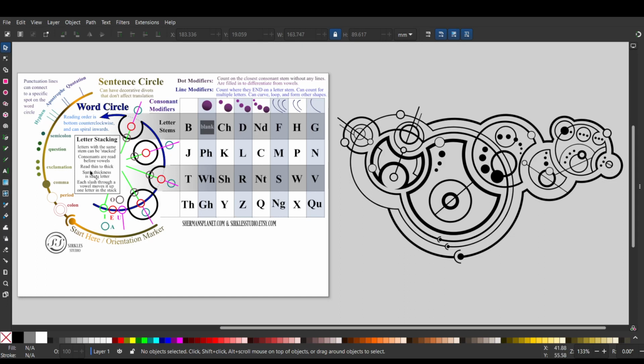But because it has one slash through it, if we look here, it says each slash through a vowel moves it up one letter in the stack. So that bumps the A up in front of the R. So here we go, W-A-R. So